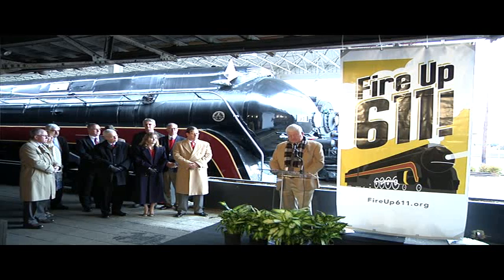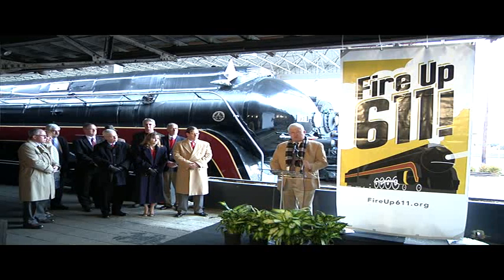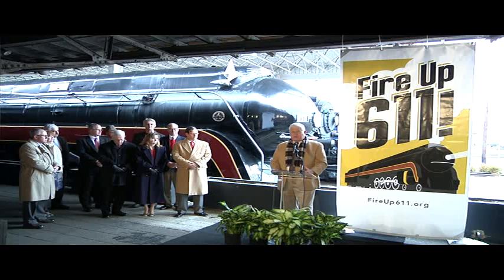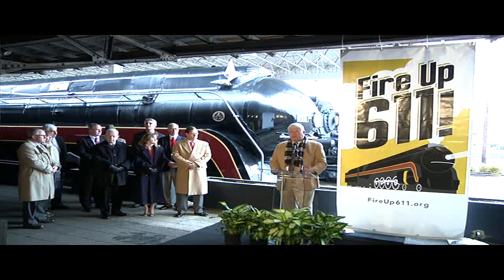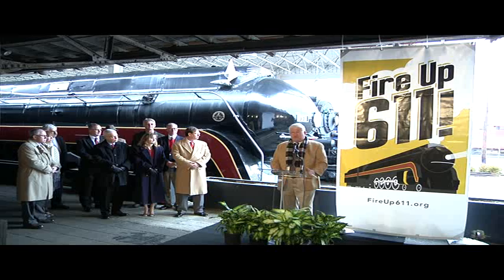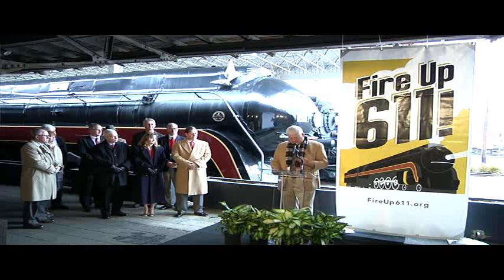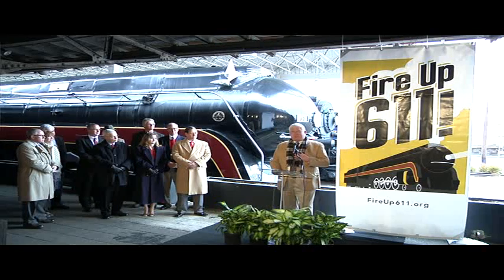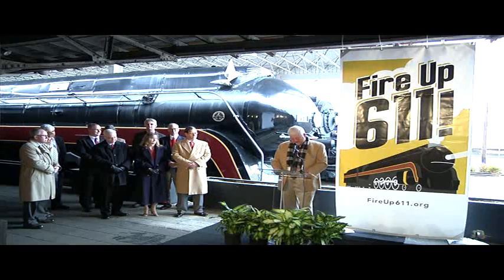It's very important for us to make a point about the critical nature of the business plan. It's going to cost a lot of money to get this locomotive running, operating, and maintained. We're going to have to know what that's going to cost, because the museum does not have the means to do that itself, and it's going to be those fans of 611 from all over the world that we hope will join together and help us create the opportunity to see it run again. Because, as you know, fans have said they want it to run. Now it's the fans' turn to help us understand how much they want it to run, and we're dependent on